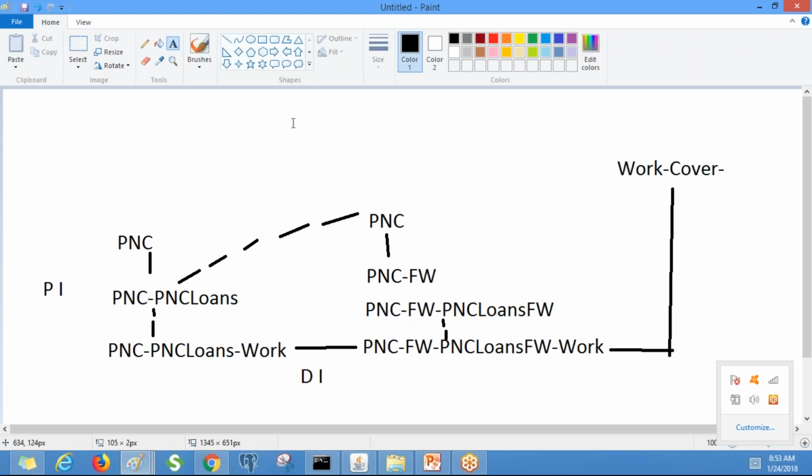And this class is also connected to worked as covered as. So you note down this. Okay, this is the directed inheritance. And you see PNC loans and PNC are also inherited from worked as covered as class as a directed inheritance.